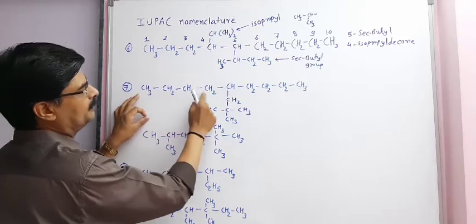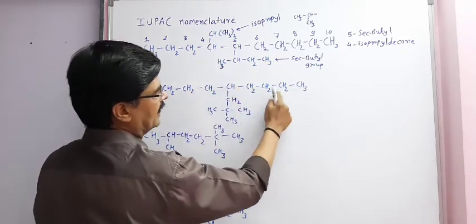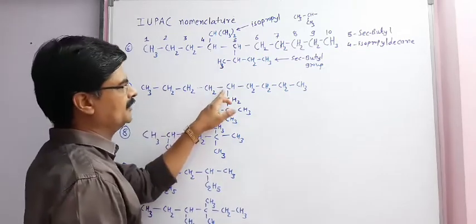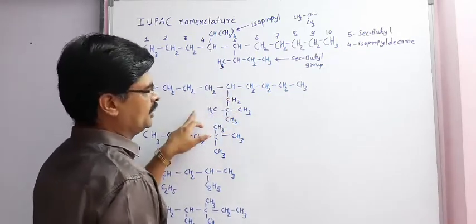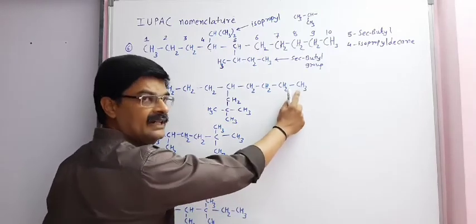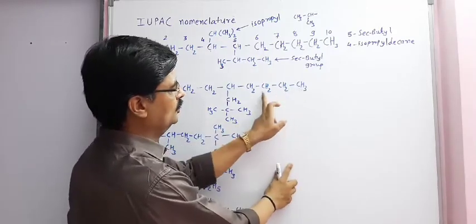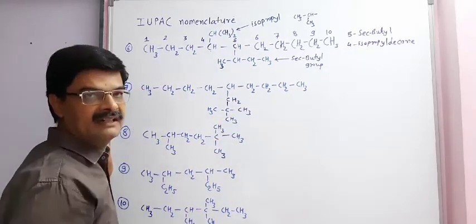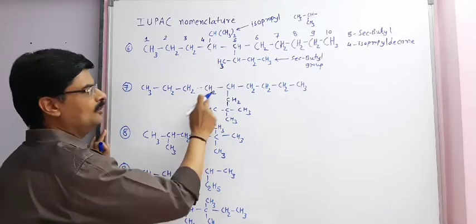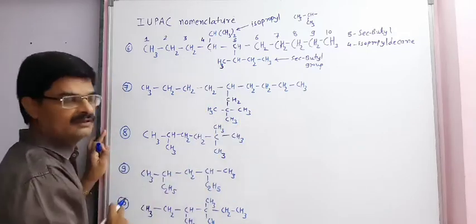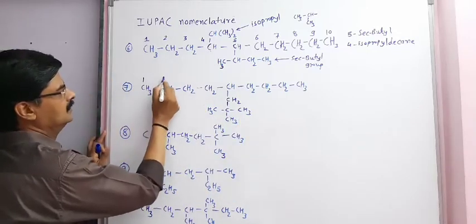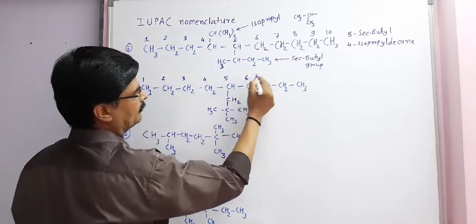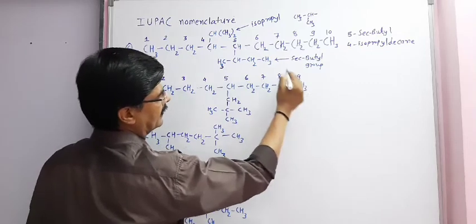1, 2, 3, 4, 5, 6, 7, 8 and 9. Either from left hand side, we get fifth number carbon substituent. From here, right hand side if we start, even then 1, 2, 3, 4 and 5. So, if we give number from right hand side or left hand side, there is no change for these substituents. Therefore, giving number 1, 2, 3, 4, 5, 6, 7, 8 and 9.